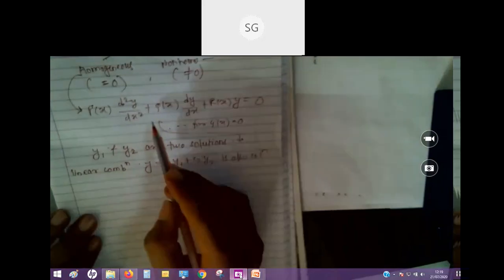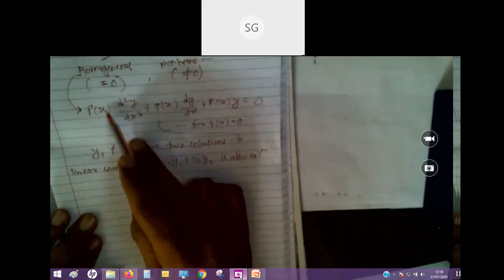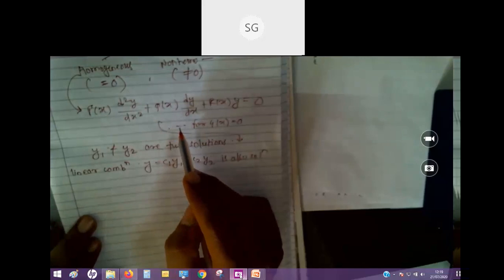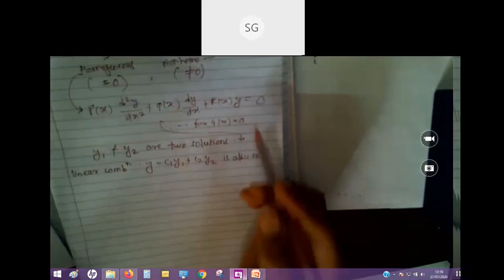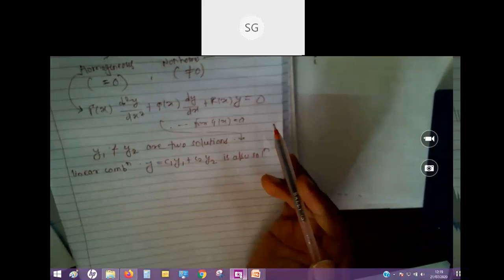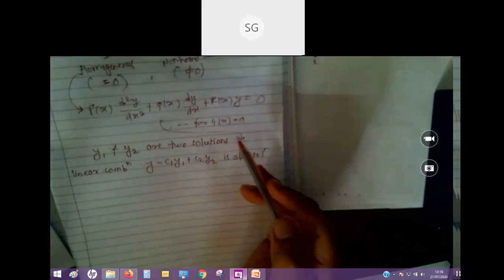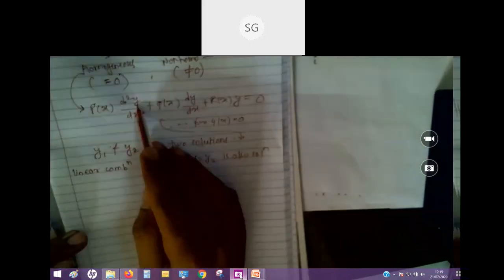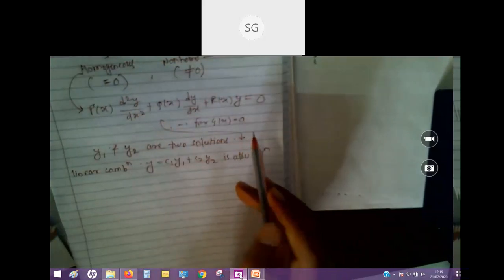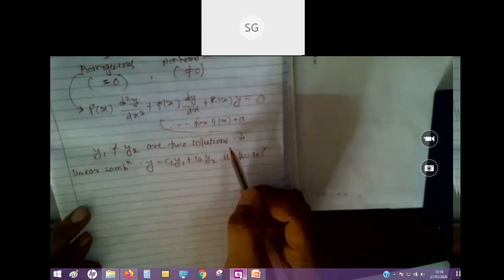What we have till now is a homogeneous differential equation in the form p x d square y by dx square plus q x dy by dx plus r x y equal to 0. And let's say y1 and y2, why have we taken y1 and y2 only? Any arbitrary terms in the form of y we can take. Why y only? Because it is the dependent variable, so the solutions will obviously have the form of y. That is obvious. So y1 and y2 are two solutions, let's say.